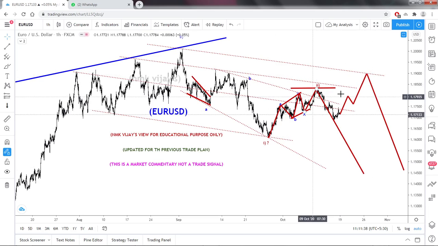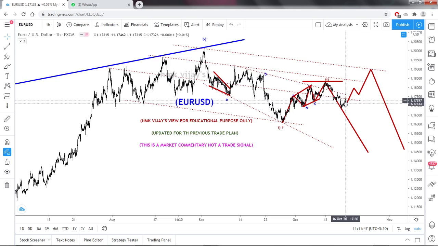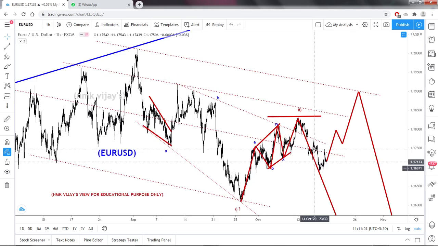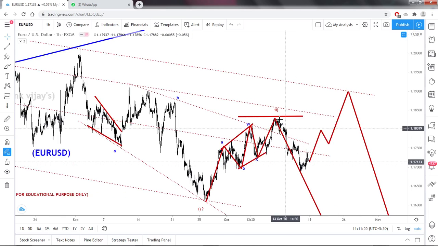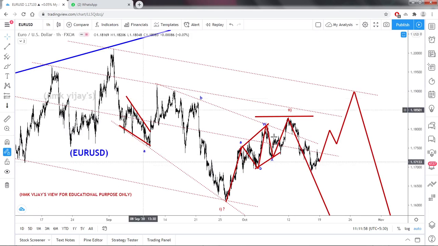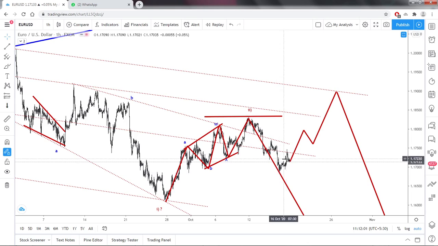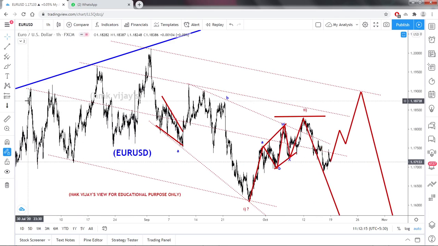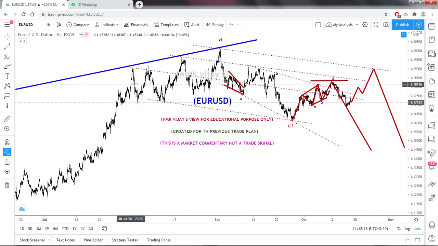But I am already in sell at 1.1810. From here itself I am in the sell in this zone, and again I added the position here, in the same zone. Now I took the profit for this position, not this position, because I'm looking for again one more correction here. So if it comes here, may or may not, I will add what I have booked as profit here. These are all for the swing trade, and I kept what I had sold at 1.1810 for the positional.